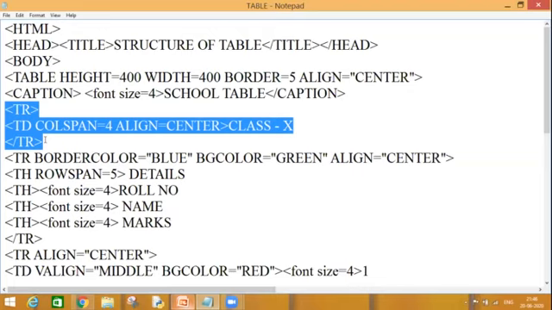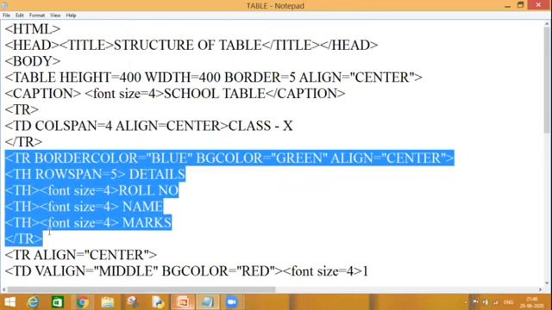So there is only one TD tag in my first row. In my second row, 3 TH tags were there, but I added one more at the start to form the details column. And details is written in the center of all the rows. So I spanned all 5 rows together to form a single cell, and it was done.